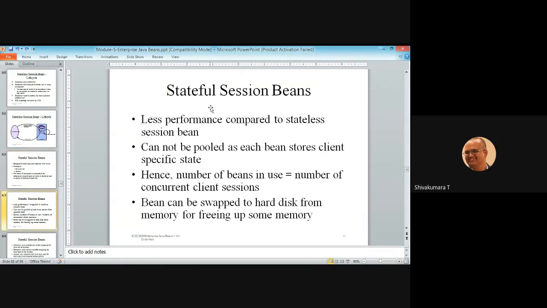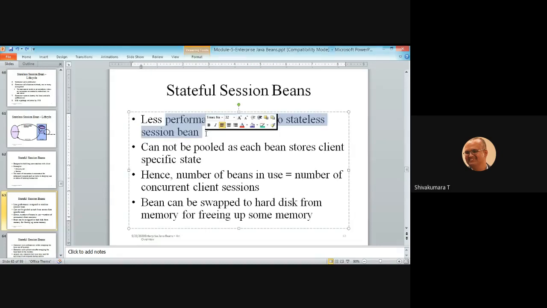So here performance is less compared to stateless session bean because everything should be remembered. It is an overload to the container service because the container has to remember every single click of that client, so tomorrow the client should not deny that he has not clicked or done those things. So that's why it maintains the state of the client.